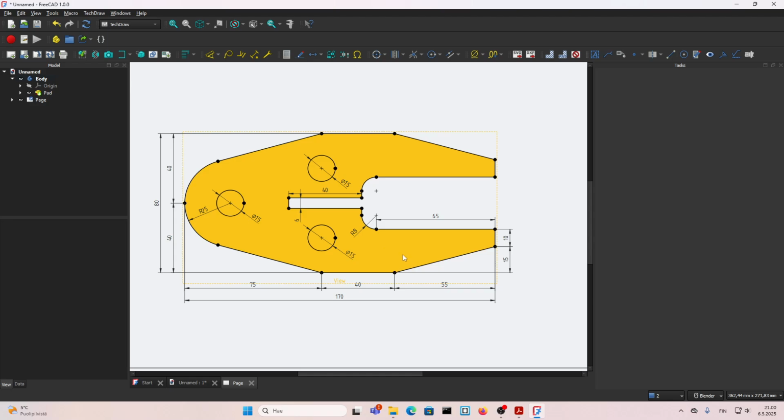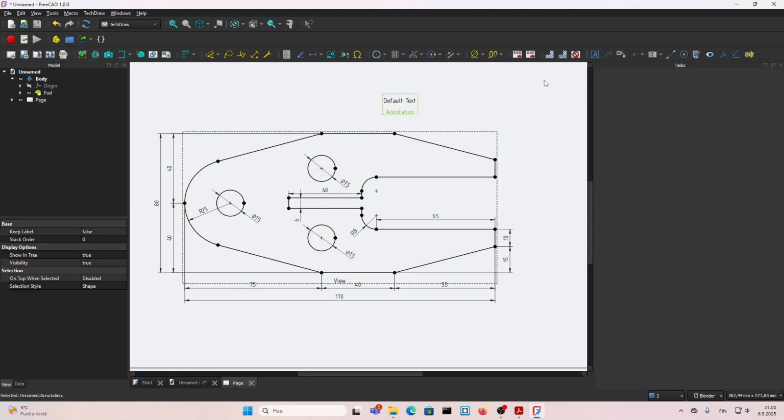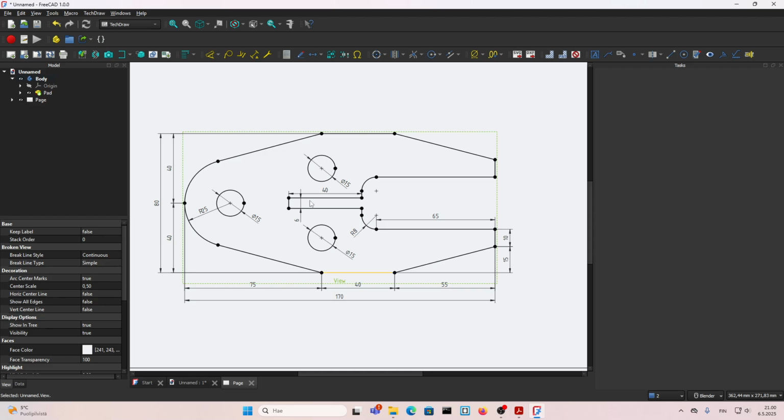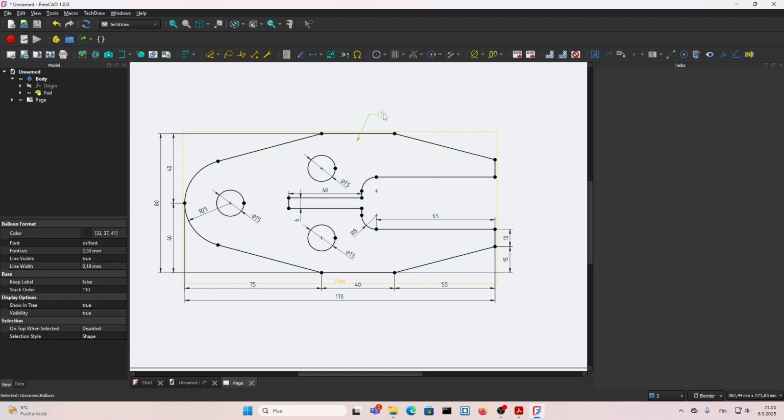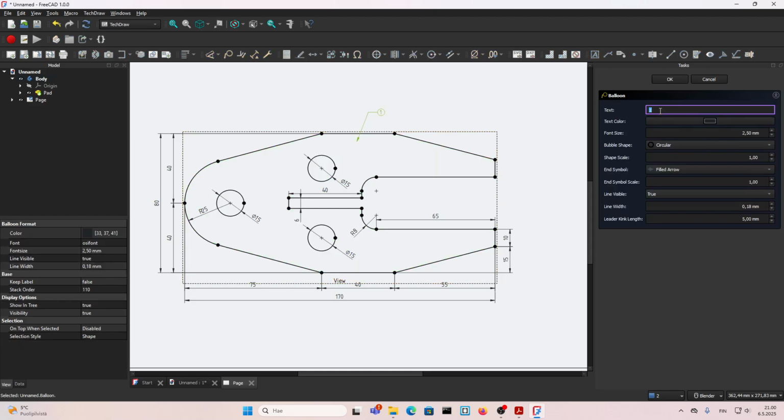Now, let's say we want to add the thickness of the piece. We can use this one, for example. Actually, let's not use this one. We will use this one. Click on the view, click on here, click on the piece somewhere, let's say here, and double click. And now I will write T, which resembles thickness, and let's say 10. That's our thickness. Like this, I will change this into a dot and maybe change the scale of this one,